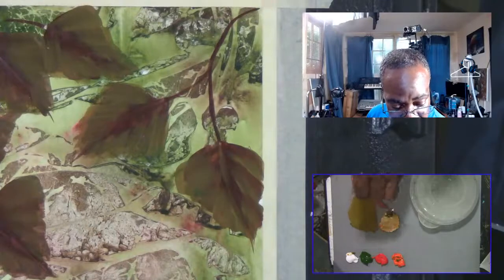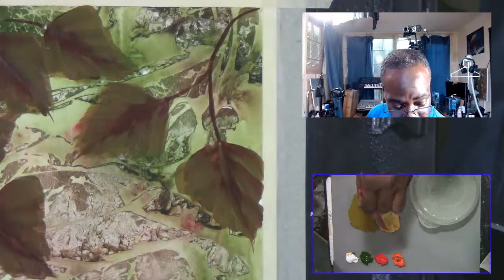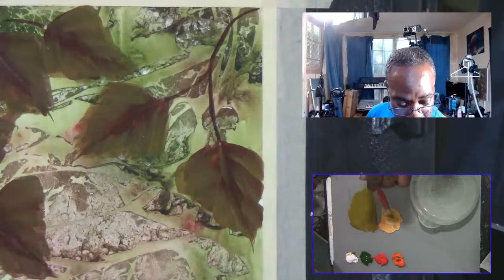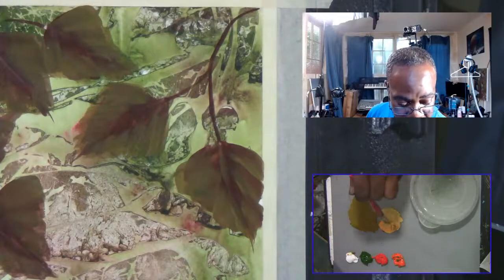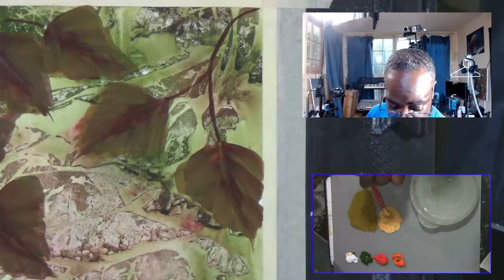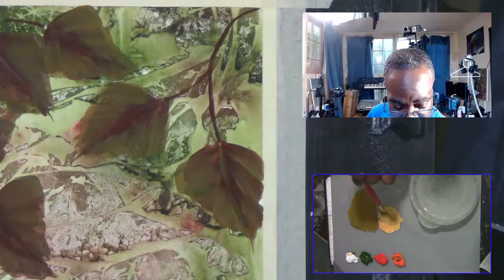Something a little different today. Alright. Get a little bit of glycerin. Put it right in there, right into the paint, right into the mix. Alright. Glycerin will just make your thick, heavy body paint a little more transparent. Like I said, this is heavier body paint, so